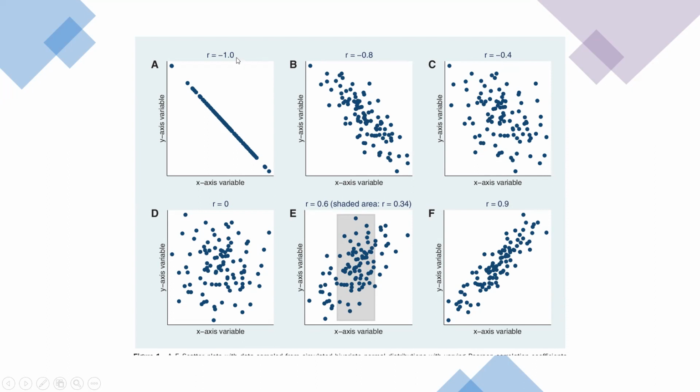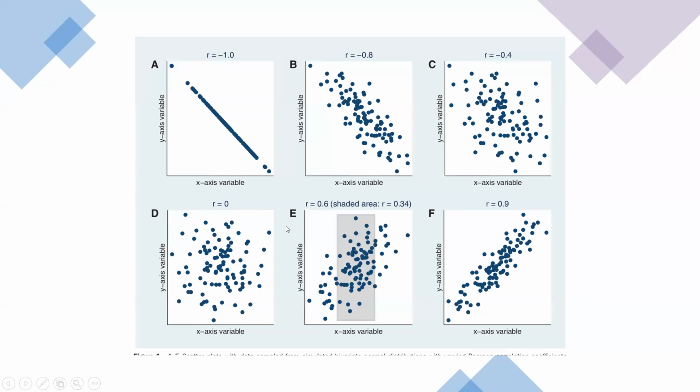So you see, as the value of your r becomes closer and closer to 0, the line or the data set becomes more and more scattered. Here, it's scattered compared to r equals negative 0.8 and r equals negative 1.0. But somehow you could see that it's going down, right? It's still going down. If you reach an r equals 0,